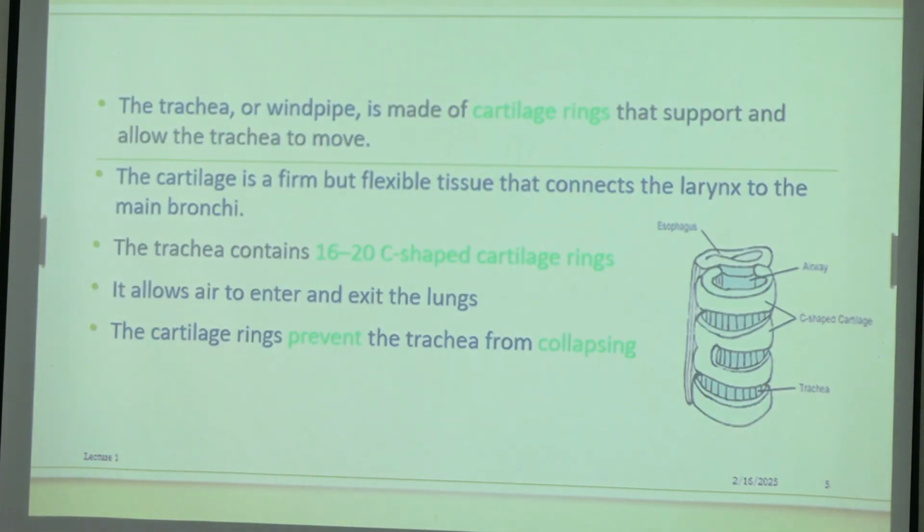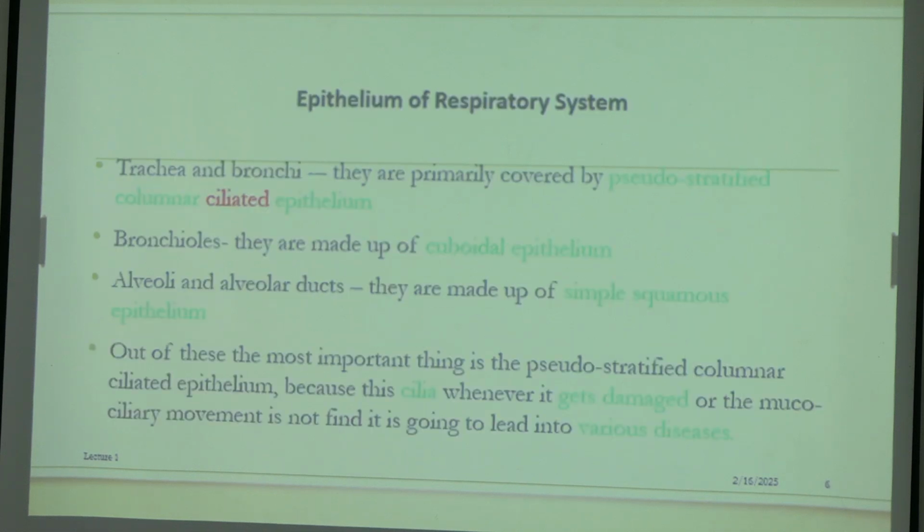So you can see from here the structural features of the trachea, which is cylinder shaped, and it contains cartilage, which is C-shaped. It basically acts as an airway or air passage. So here the cartilage rings basically prevent the trachea from collapsing, right? Now, if you see the structures of the respiratory system, or the structures of the trachea, you will find